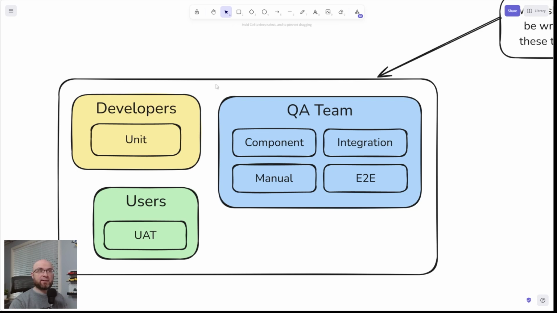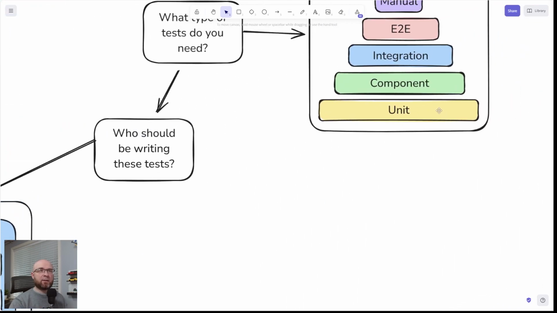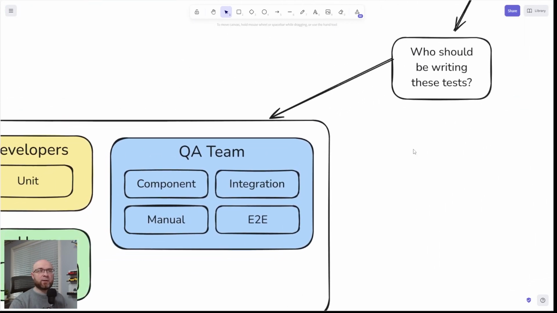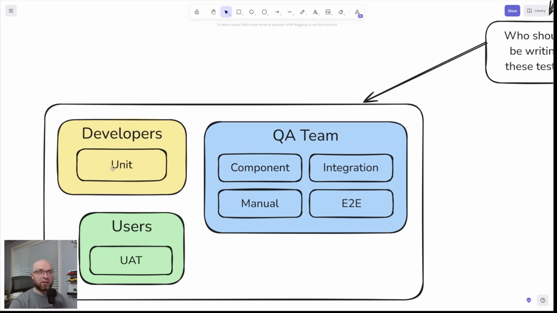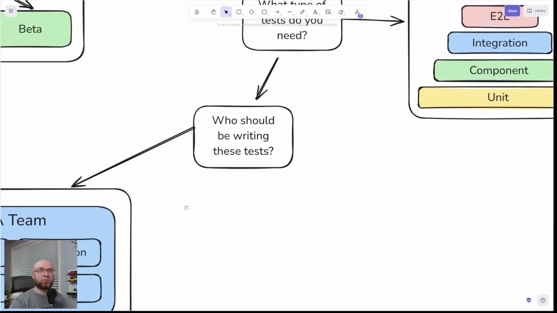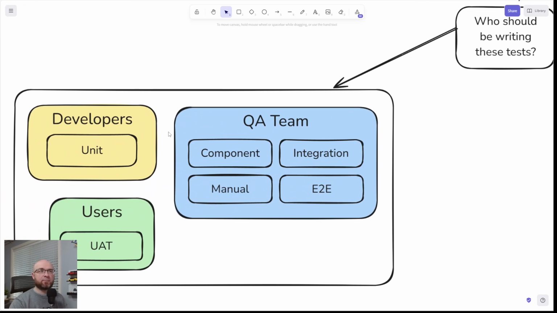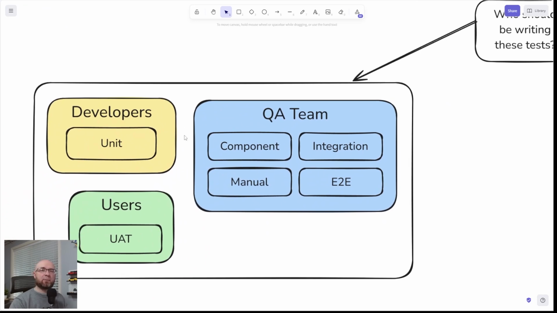I know it's the biggest rectangle here, right? This one here. But if we look at the pyramid here, the largest amount of tests is actually unit, which is done by developers. And I would say, by far, there should be more unit tests than any other tests. But developers are closest to the code that they wrote. So they should just do the unit tests. Once those are done, you're already feeling good about your application because you've got a lot of unit tests, right? Remember the whole morale thing we talked about earlier.